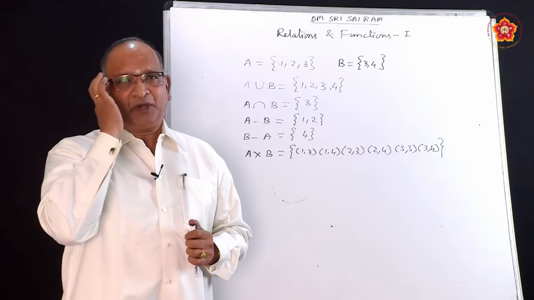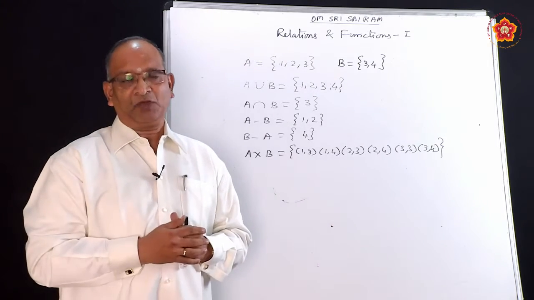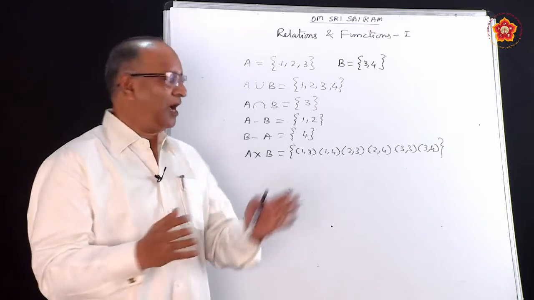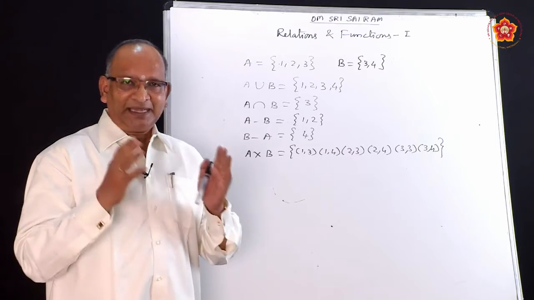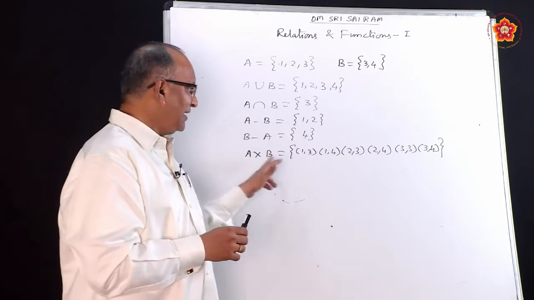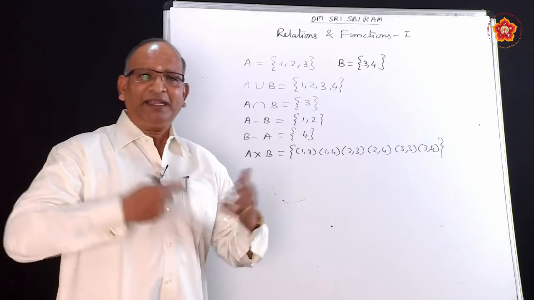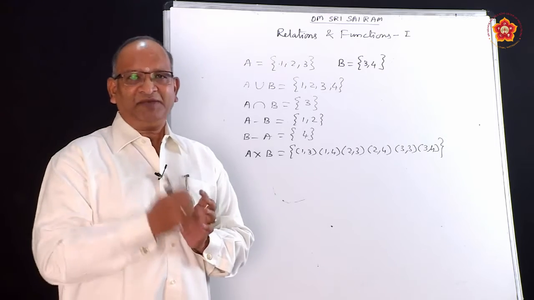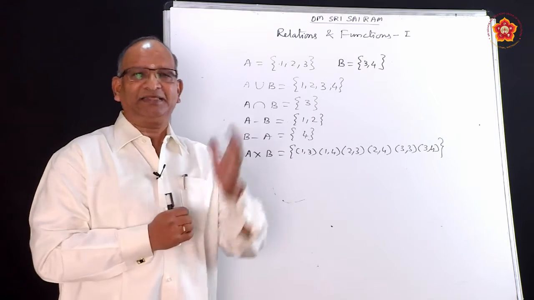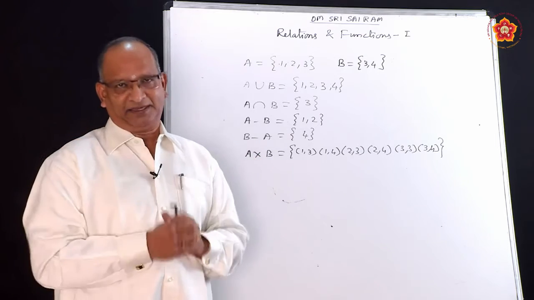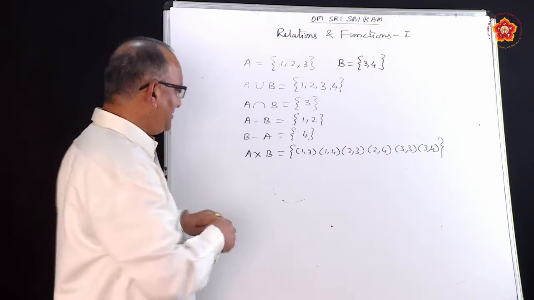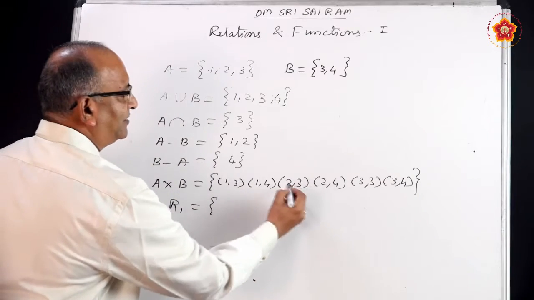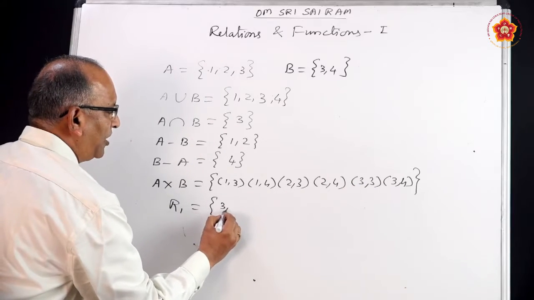After learning Cartesian product, we come to relation. What is relation? In very simple terms, it is defined as a subset of Cartesian product. So, in the relation, you will find the elements which are already existing in A cross B. You can define relation in your own way. For example, you can say equal to. When we say equal to, what we actually mean is the first element is equal to second element. So, if that is one relation, let us say we call it R1. So, what will be the elements? Here where the elements are equal, we have (3,3).